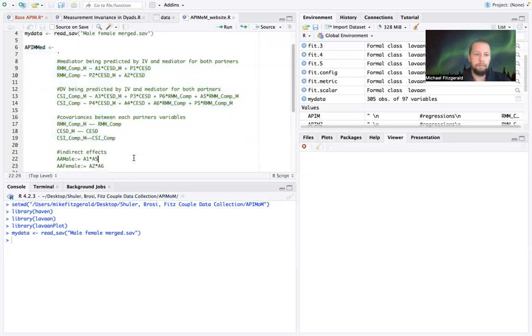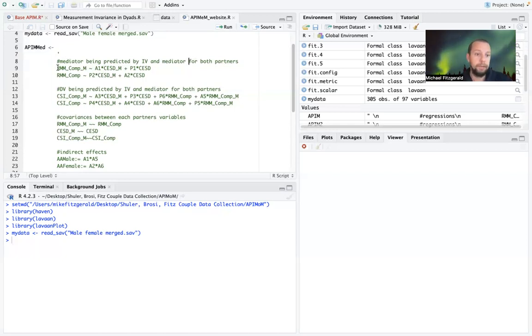We are first going to specify our mediator being predicted by the independent variable for both partners. So remember, in the actor-partner interdependence model, we have dyads. It can be heterosexual couples, gay couples, parent-child, boss and employee, any number of different things, but we have dyads. So we have nested data, and we want to understand to what extent they influence each other and their own